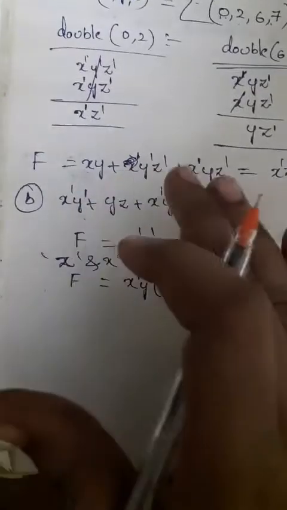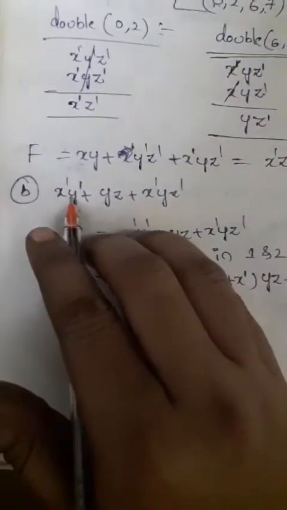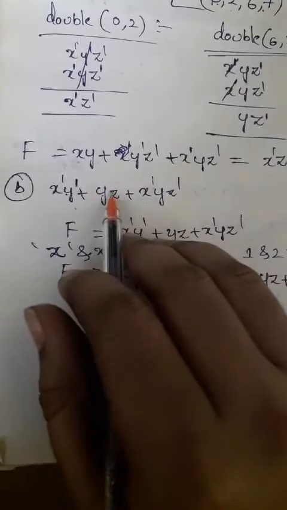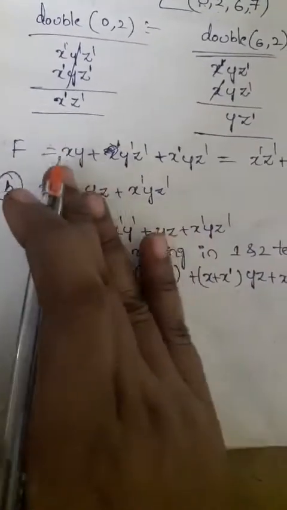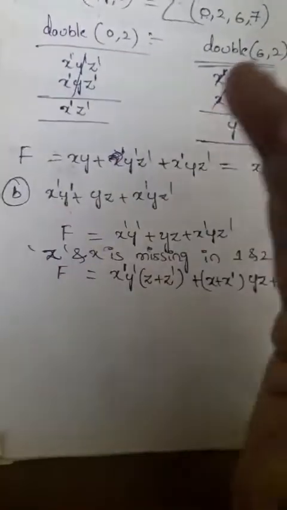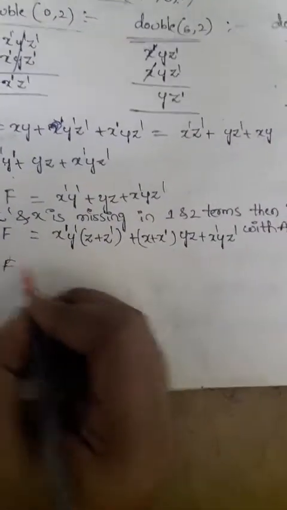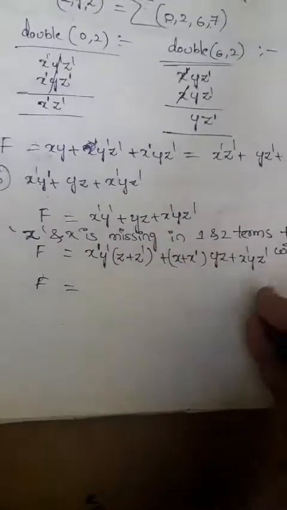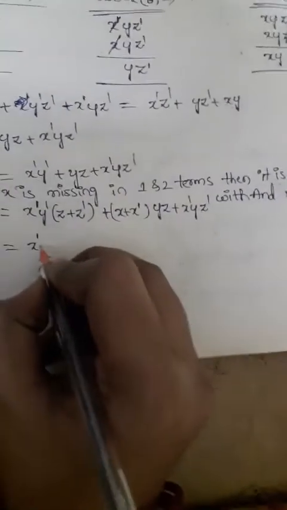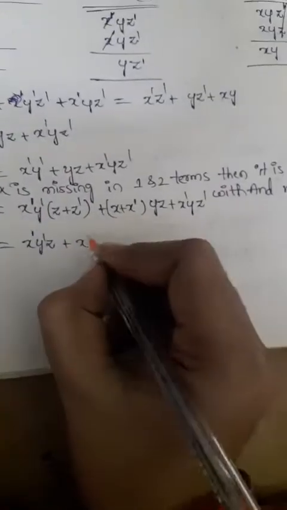Directly this Boolean expression is not applicable for the K map. Why? Because here one variable is missing and here also one variable is missing. So that means this expression does not contain all the variables. Directly it is not applicable for the K map. That's why I will go for this rule. So that's why I can go for this procedure to simplify the expression, so that all the terms contain all the variables.